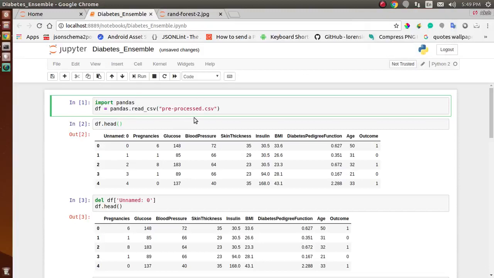Hello everyone. So in today's video we are implementing an ensemble model, and in this video we are using random forest as an ensembler model. The data on which we are implementing our model is a pre-processed data of diabetes, and to download this data